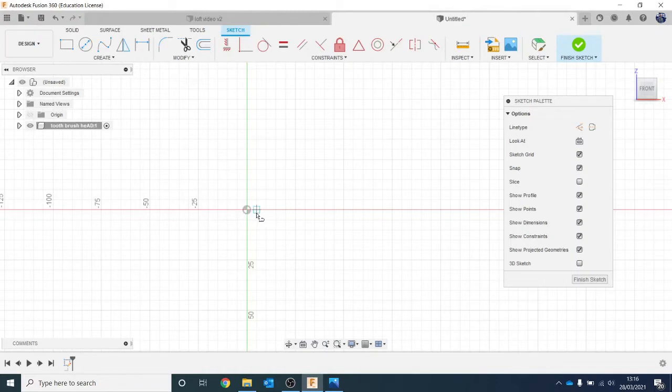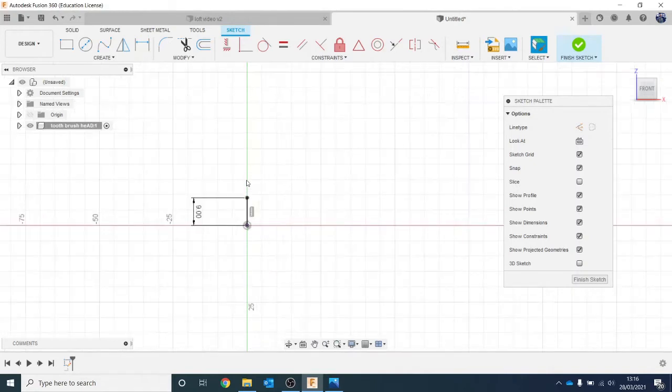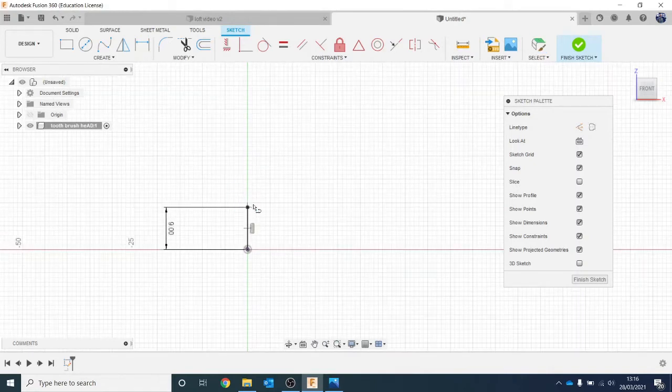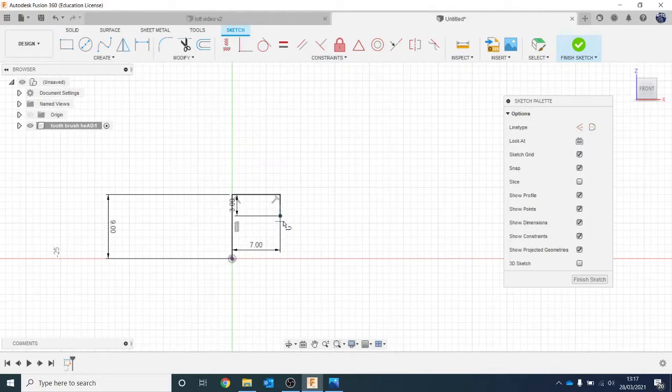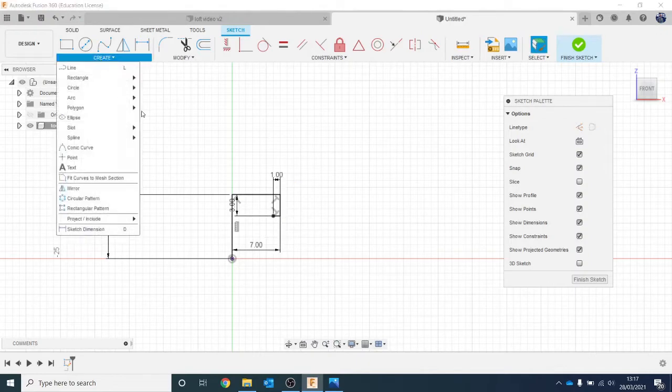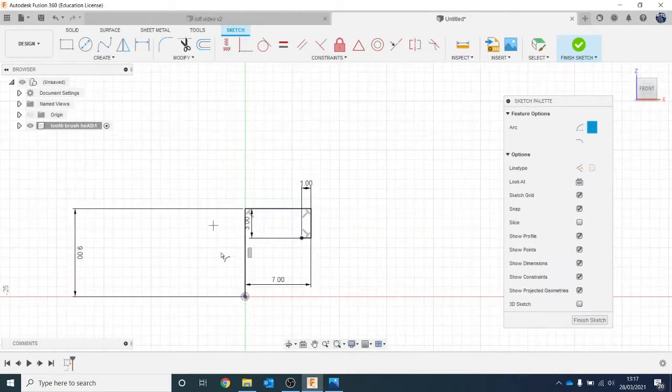We're going to start here and come up 9mm, hit enter, do another line, come out 7mm, hit enter, come down, do 3, hit enter, line again, come out and do 1, and then we're just going to get a little arc just to create a roundness, go 3-point arc, connect those two ends together, just pull it out to where we think it looks about right,